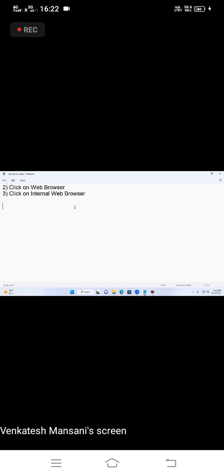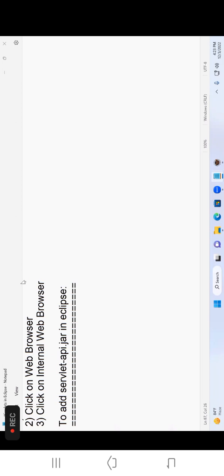If you are getting that error, you have to do this. To add servlet-api.jar in Eclipse. Now, to add servlet-api.jar file in Eclipse,